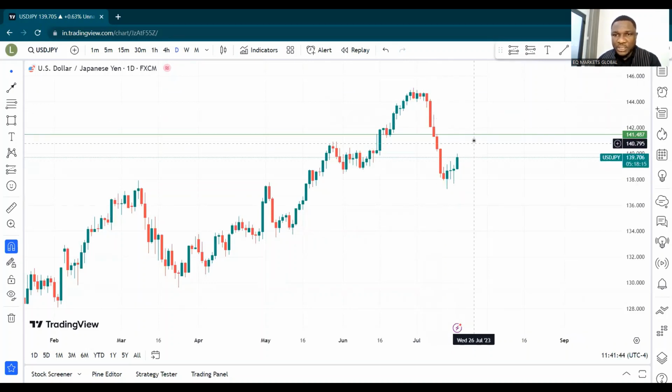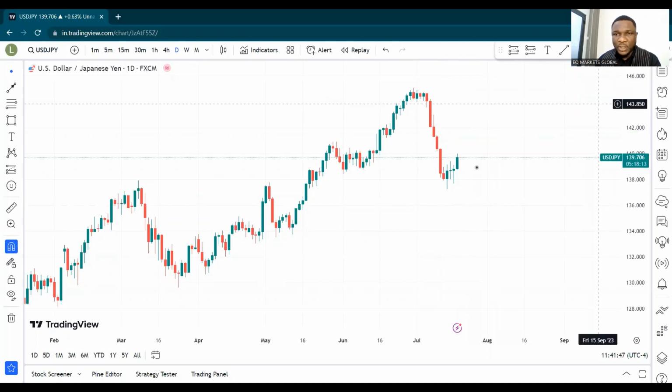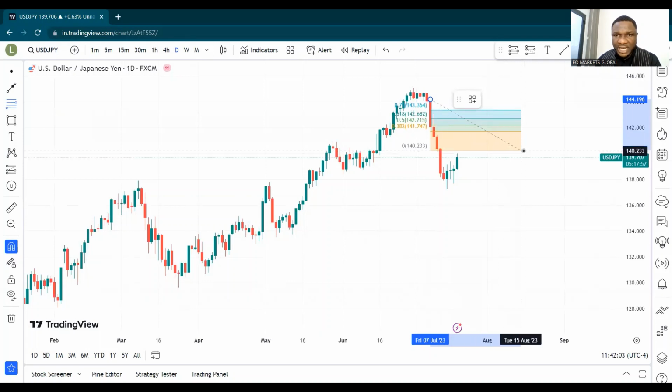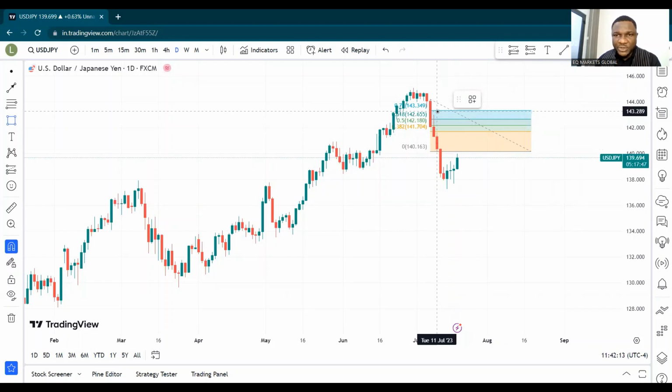So what I'm going to do is simple. I'm going to look for those imbalances. So guys, join me. This is more or less one sort of imbalance, or rather I'll take these 3, 1, 2, and 3. I'll pick my fib, and I'm going to find out the exact area that I would be looking out for my entry, considering this imbalance of 1, 2, and 3. It simply means that I'm expecting price to retrace into the 61.8 to 79% fib level, which is somewhere around this zone here.